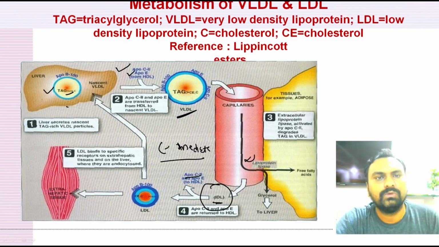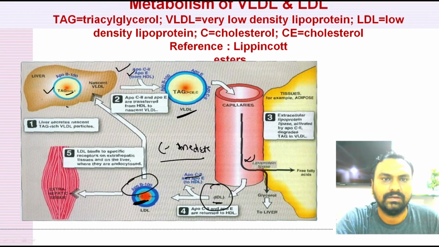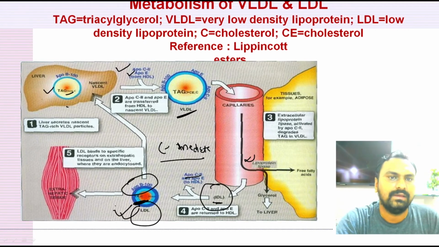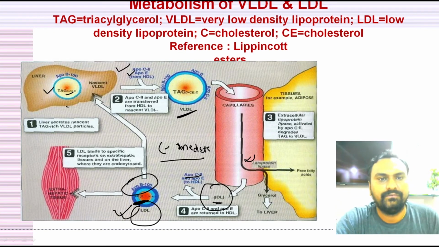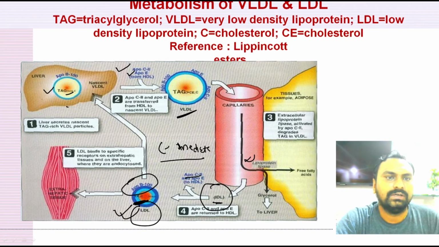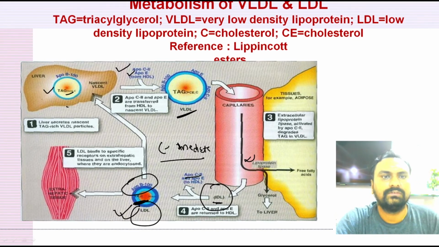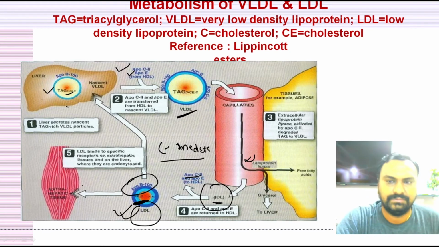Triglyceride will be broken down to glycerol and fatty acid, and only cholesterol ester will be there, and ApoB100. So the only apoprotein present in LDL is ApoB100. Okay, so this LDL has two fates. One, 70% is taken up by the LDL receptor present on the liver cell, while 30% will go to the extrahepatic tissue like adrenal gland, gonads or skin, where it is taken up. Okay,